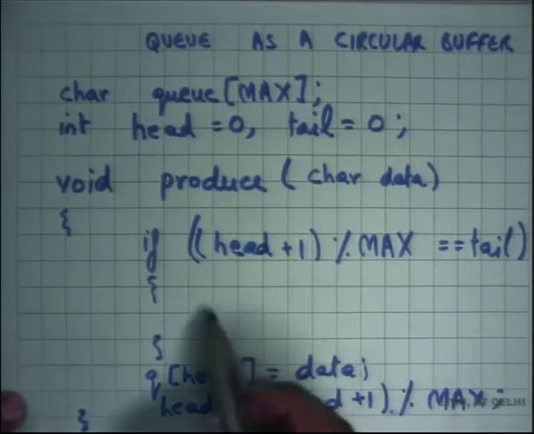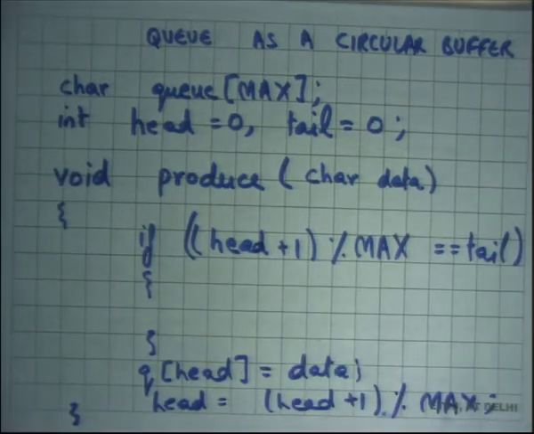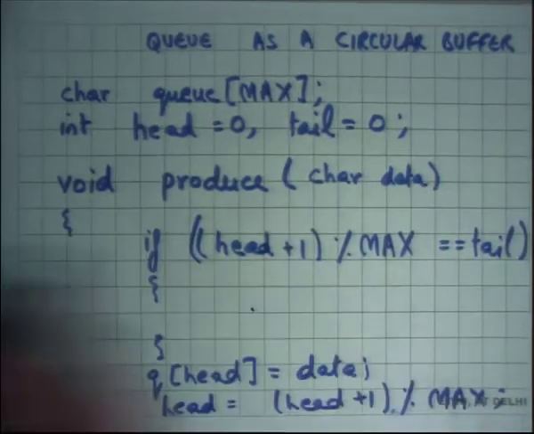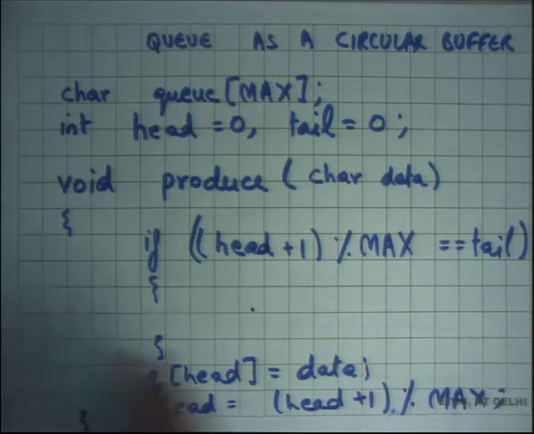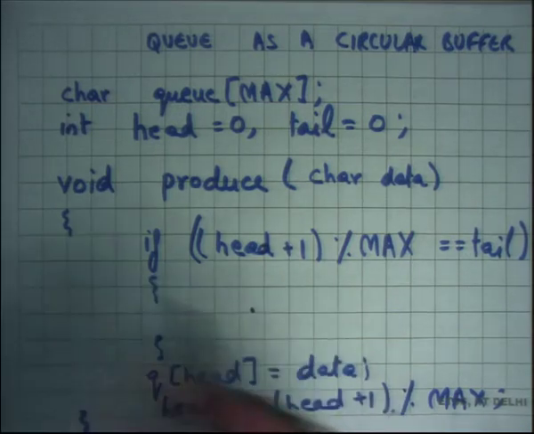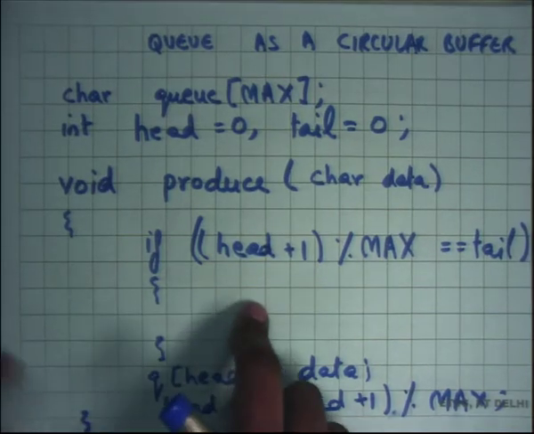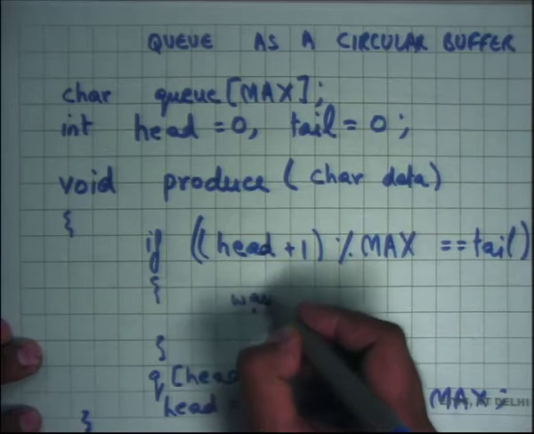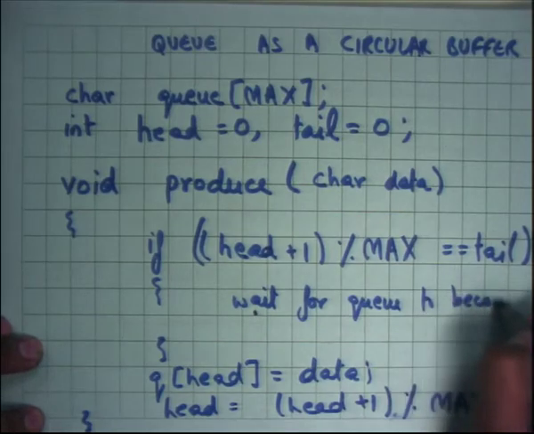All right. So what should you do here? If you are just operating as a single thread and you call produce, then you may want to give an error here. But if you are executing in a multiple thread world and you have a shared queue which is shared by multiple people, you may want to say, oh, let's wait, because there are other threads that are running at the same time, and so it's likely that even though the queue is full right now, it will become empty in some time. So one option is wait for queue to become not full.